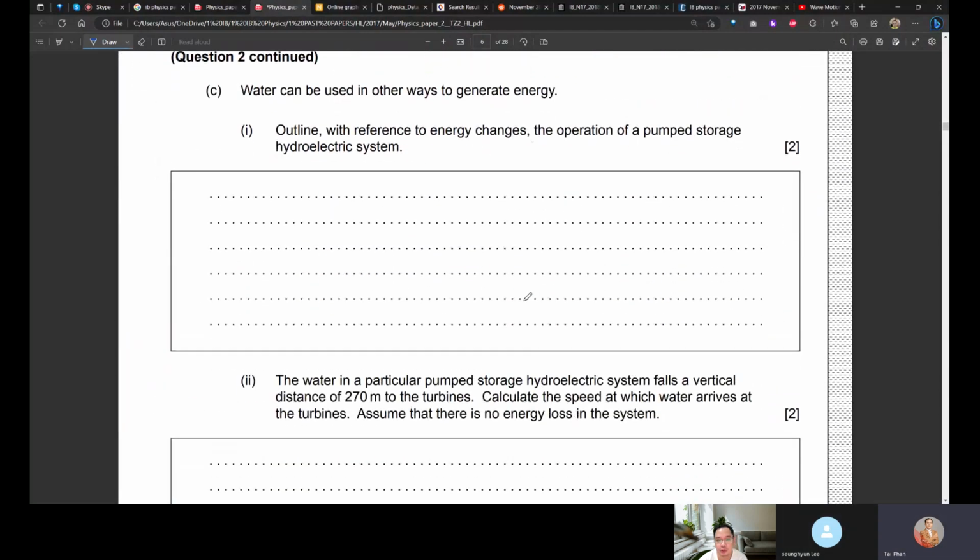Question 3: the water can be used in other ways to generate energy. Outline, with reference to the energy changes, the operation of the pump storage hydroelectric system. Energy change: the gravitational potential energy of the water stored in the dam